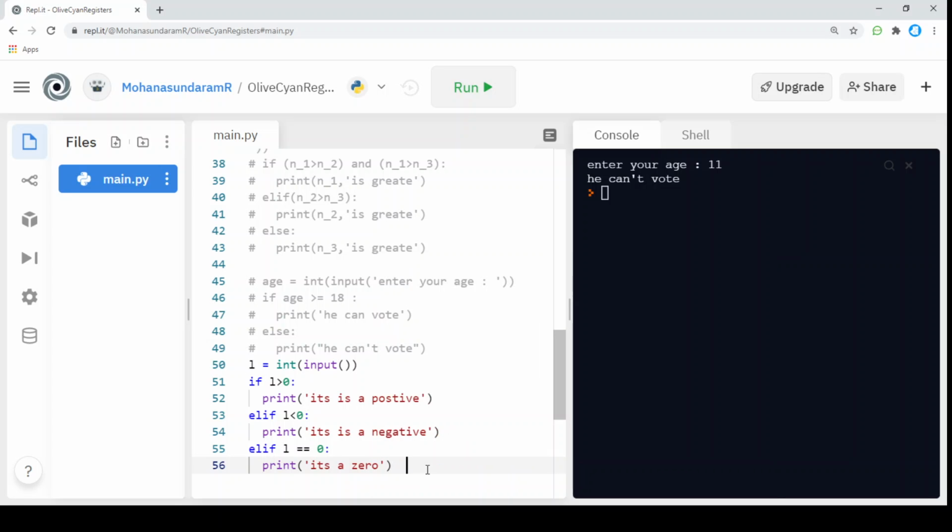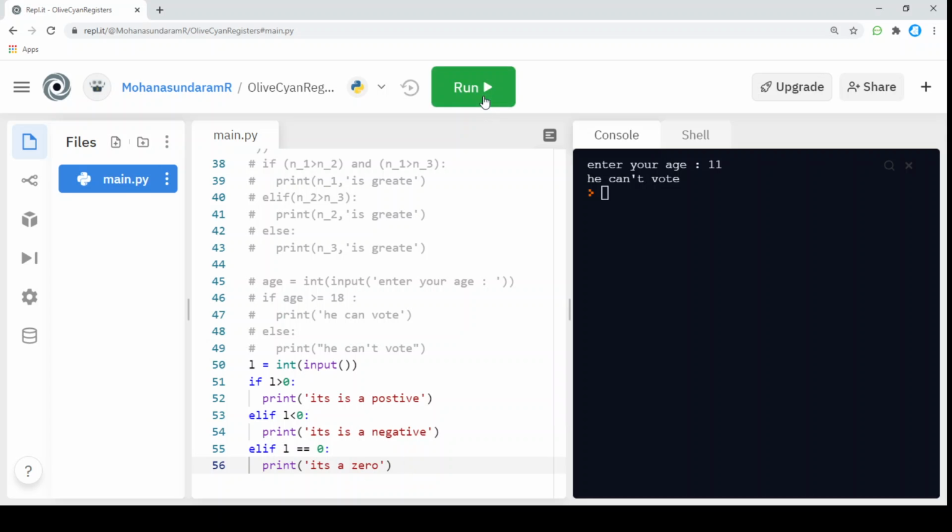In this problem I'm not using an else. I ended with an elif itself. We can end the statement with an elif also. If we don't need an else part, we can end it with an elif. In this case I don't need an else part, because I'm going to check three conditions. I check the three conditions with the if and elif itself, so there is no necessity to use an else.